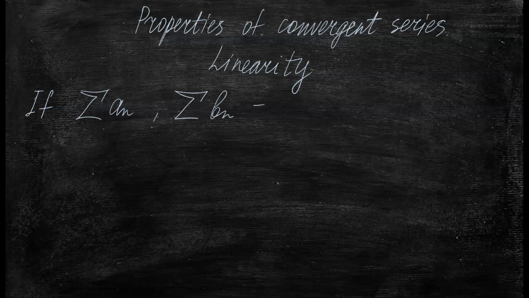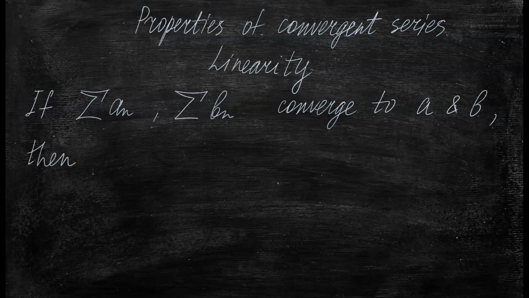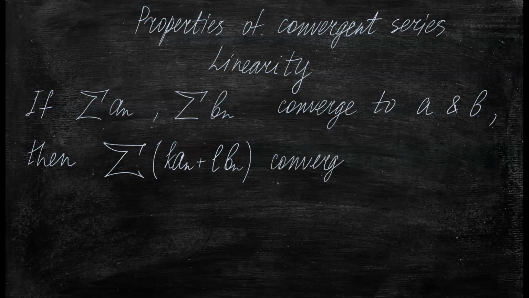So if we have two series an and bn that converge to a and b respectively, then the following series made of some linear combination of an and bn also converges, and we know it converges to the following sum. It's going to be Ka plus Lb,